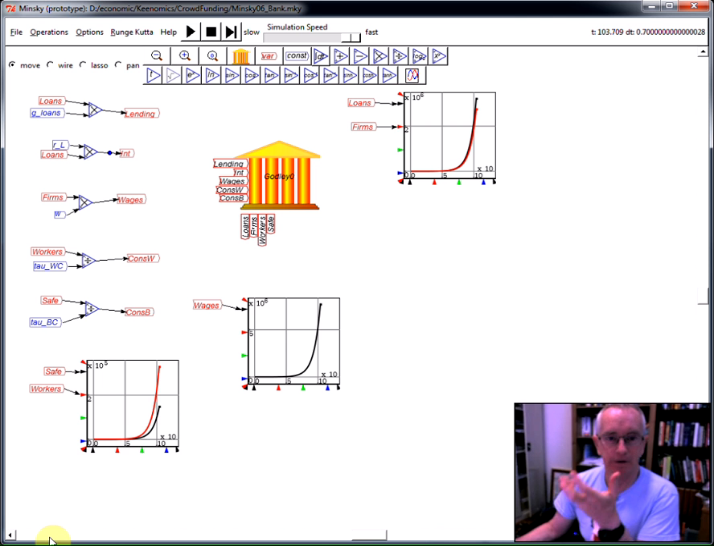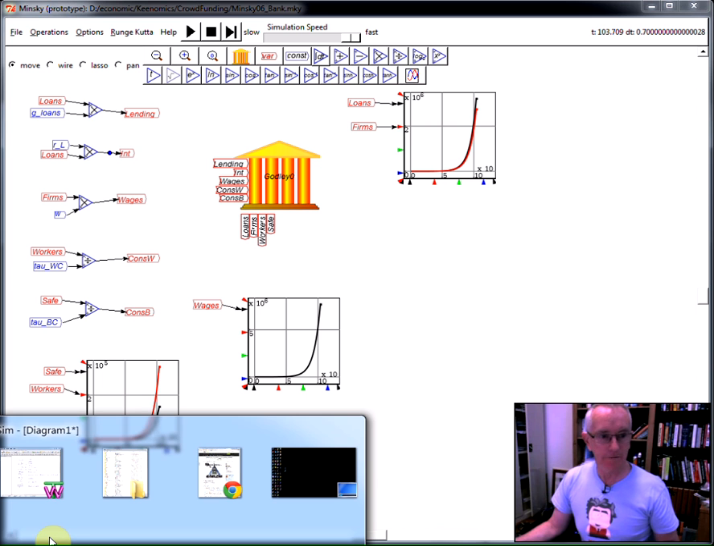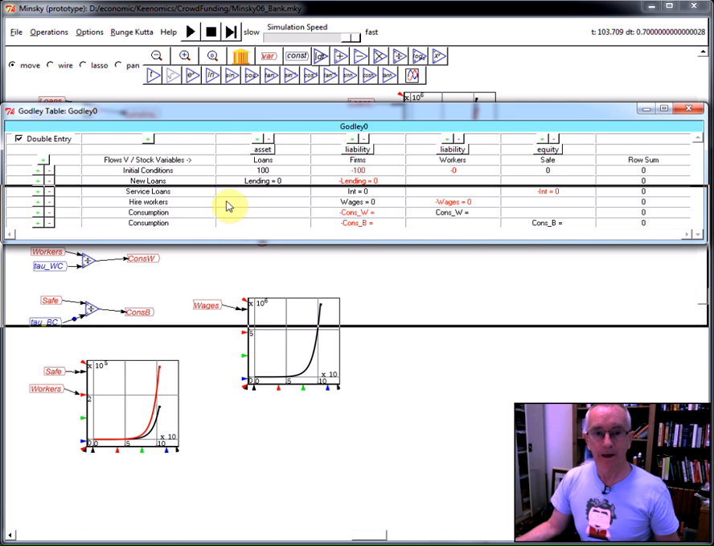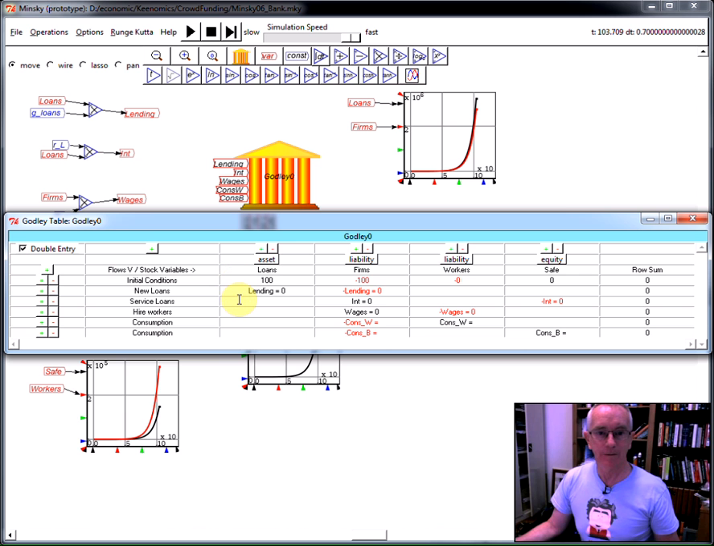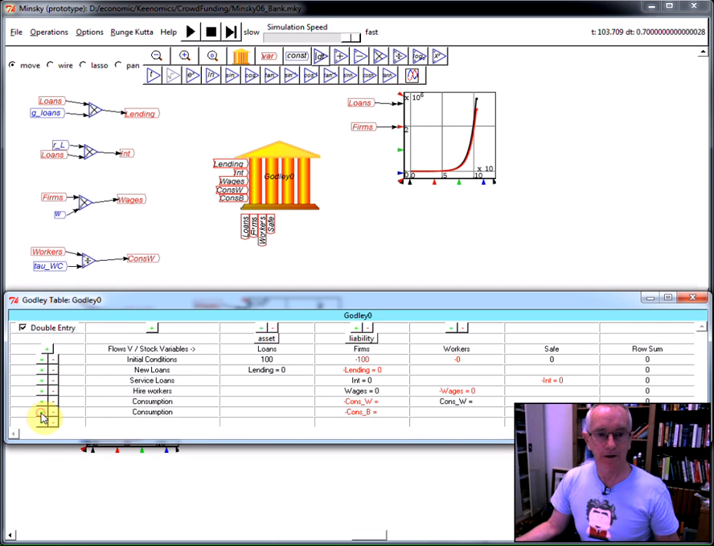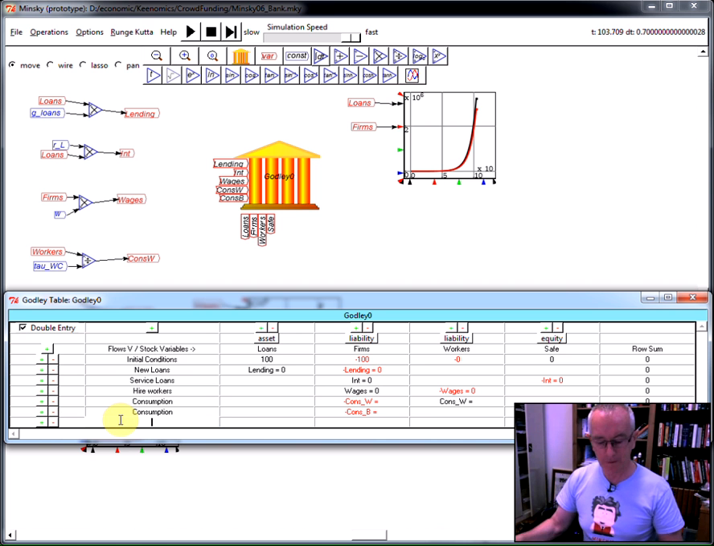Now, one obvious thing I've left out of this simple model so far is the fact that loans actually expand over time and get repaid as well as growing over time. I've got no repayment going on there. So let's just say we want to add repayment into the system. All I need to do is I'll just bring this down so you can see what happens to the icon at the top. If I click here and add an additional row called repay